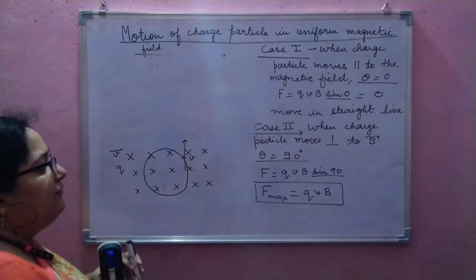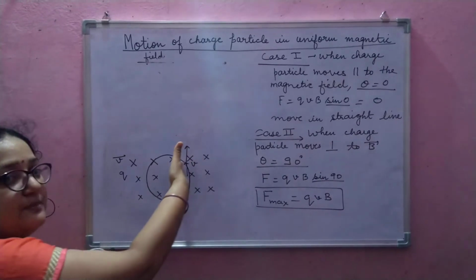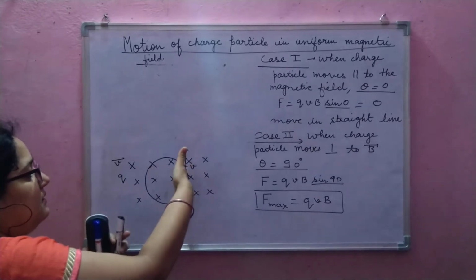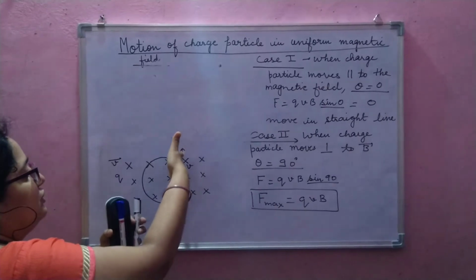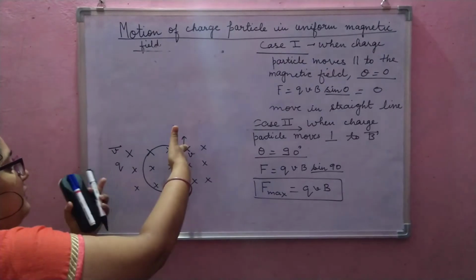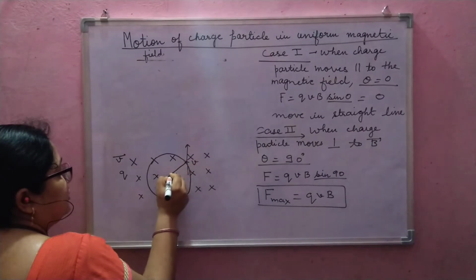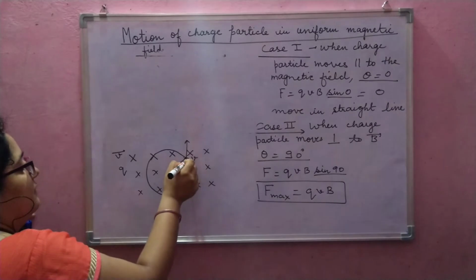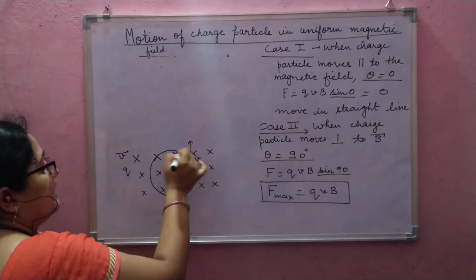If we find the direction of force, then we use the right hand palm rule. My fingers will be inward because the magnetic field is perpendicularly inward. My thumb will be in the direction of velocity because the charged particle is positive. The direction of the force will be perpendicular to both magnetic field and velocity, so it will be towards the center. Due to this, the magnetic Lorentz force acts in this direction, and the particle starts moving in a circular path.